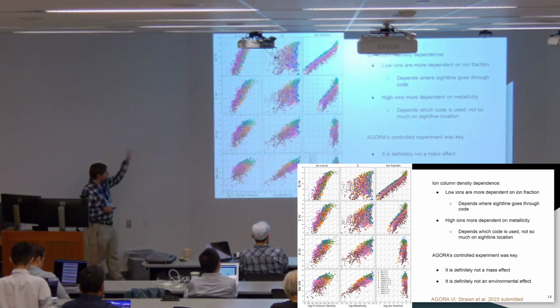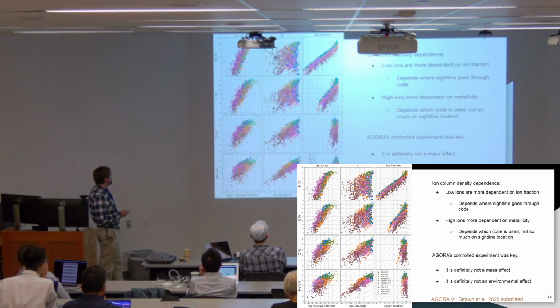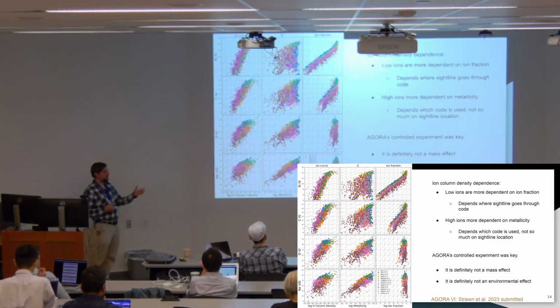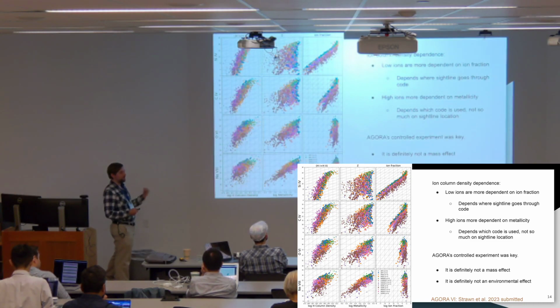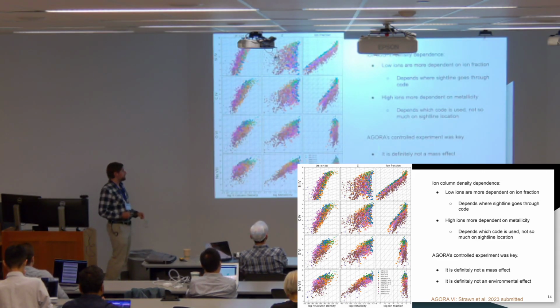And so if you put all these together, you get this neat plot where these evolve as you go from lower to higher ionization states, where the dependence on ion fraction basically starts off more or less linear, like that's the main variable controlling your outcome, column density, and then these evolve to be more and more constant as now your sightline.